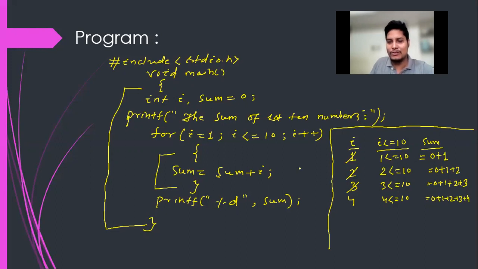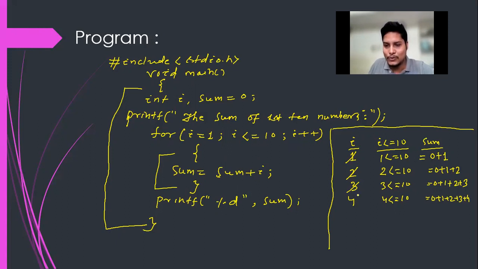Okay. So now i will be incremented by 1. First this is initialized, then the condition expression checks the test expression. If the test expression is true, then this statement will be executed. And then after that, this will be incremented. Again the test expression will be evaluated, then this will be incremented, then the test expression. This will continue till the condition is no longer satisfied.